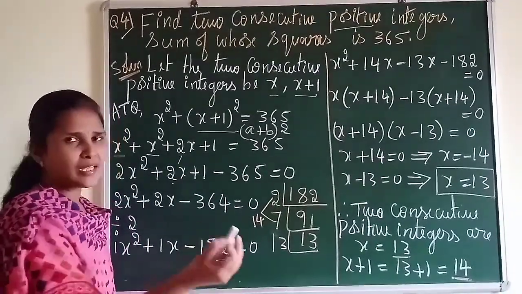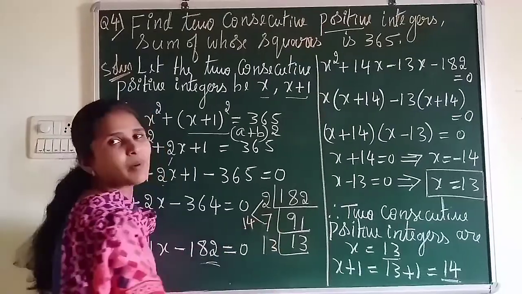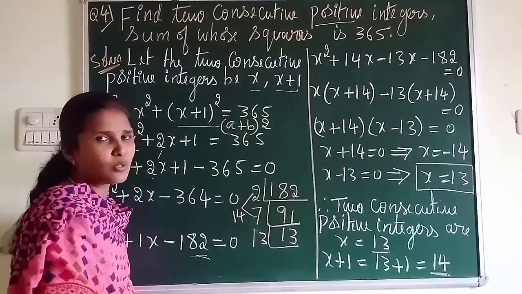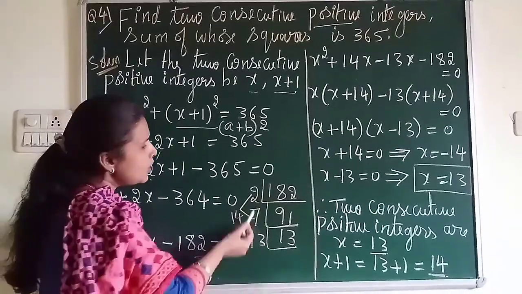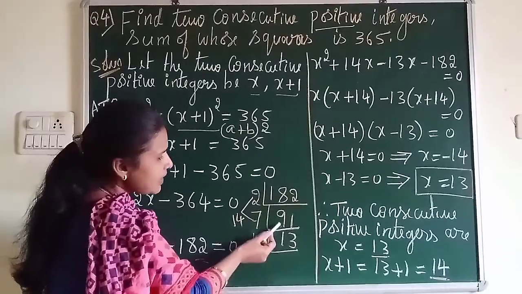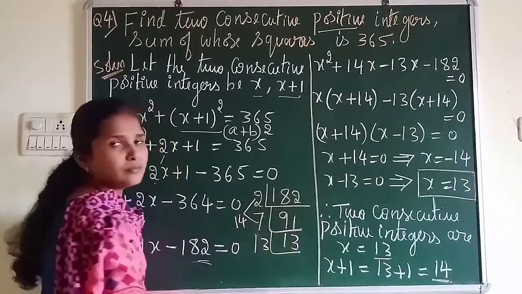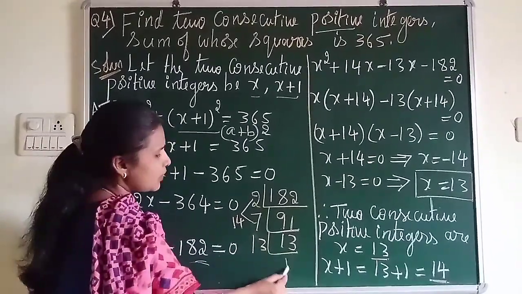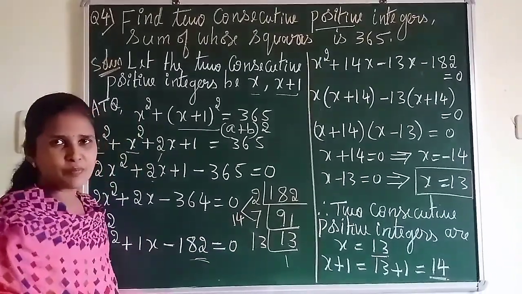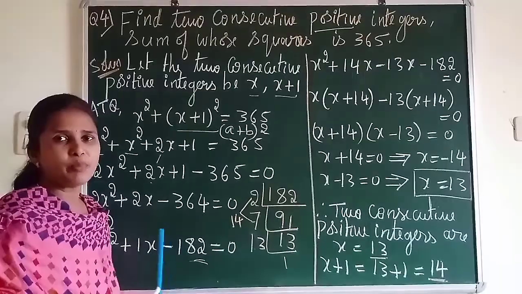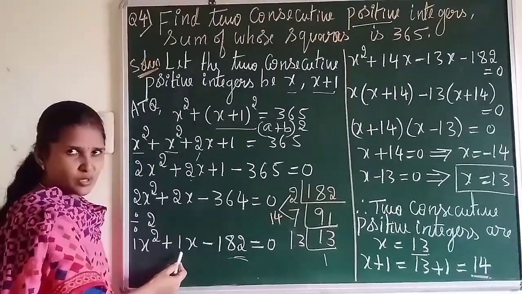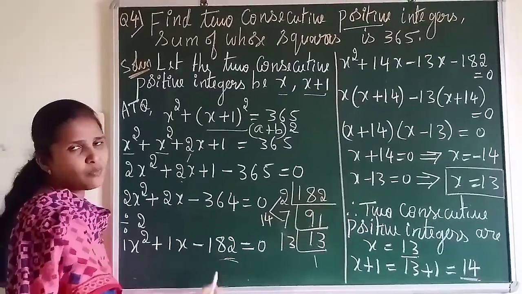For that I'll explain one clue. You have to go for prime factorization. Whenever you have bigger numbers whose tables you don't know, do this method. 2 9s are 18, 2 1s are 2. Next 7 1s are 7, 7 3s are 21. So 13 1s are 13. Now I got 2, 7 and 13. With these prime numbers, try to pick two numbers in such a way that when I subtract, I should get 1, or when I multiply, I should get 182.